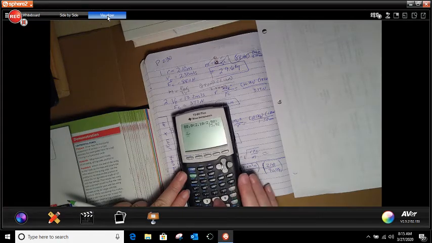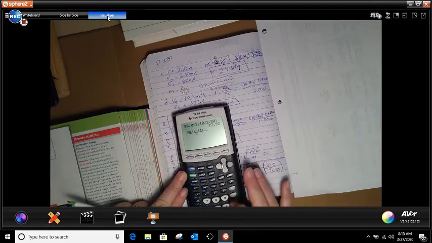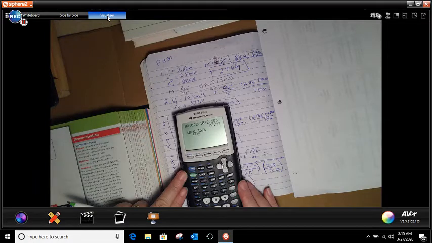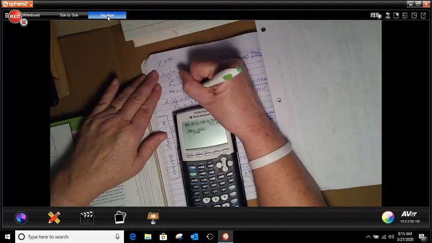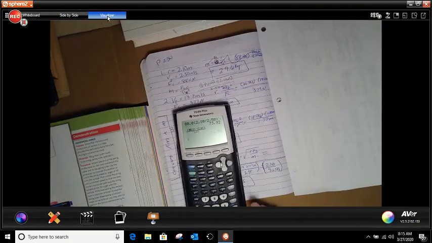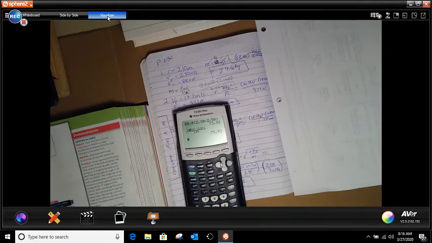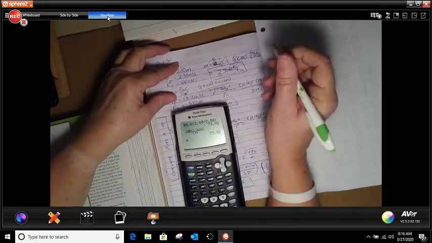Open bracket, 88.0, close bracket, open bracket, 2.10, close bracket, down, 2.50, and then I need to square that, right? Yes, I do. But that says velocity. Yep, that's right, velocity T. It looked like velocity R. That's Miss Sloan's writing. And enter. I get 73.92. So the answer for that question is still